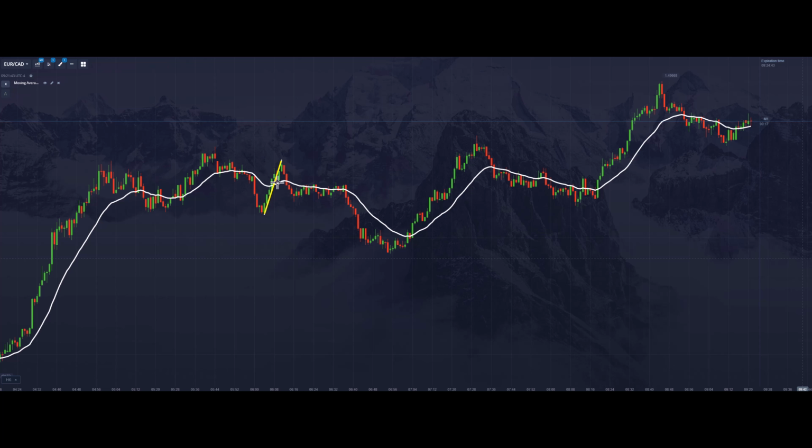This pullback here broke the trend line. It only broke it barely, but when you're zoomed in tight like this, that's still considered a break of the trend line. Then what happened? As soon as you broke that trend line, you got another relatively,